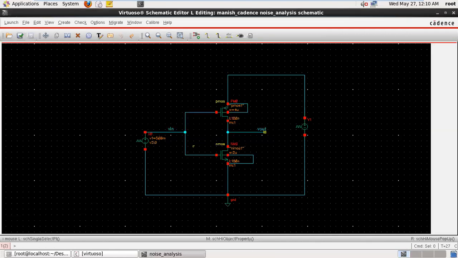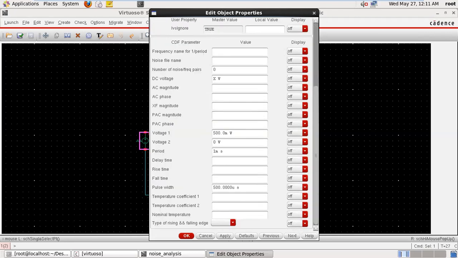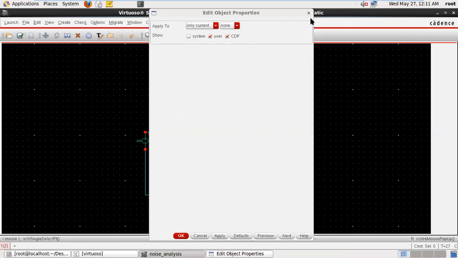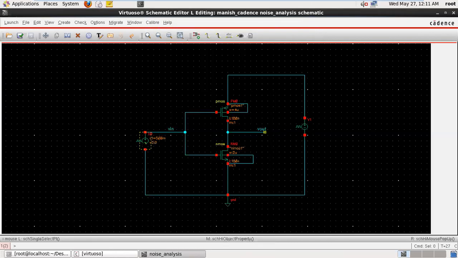Close. So see, in the analysis of the inverter we have done the DC, AC and transient analysis. So the input has a different type of voltage. So one type of voltage is given. So we have taken the DC voltage, delete the AC value. Okay, input, close, just wait for 1 minute, something is wrong.